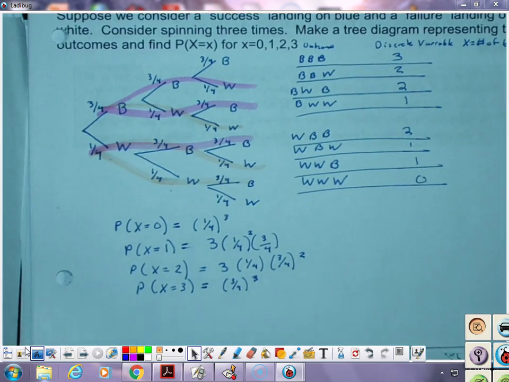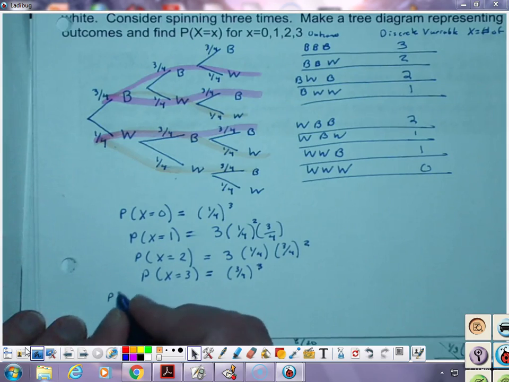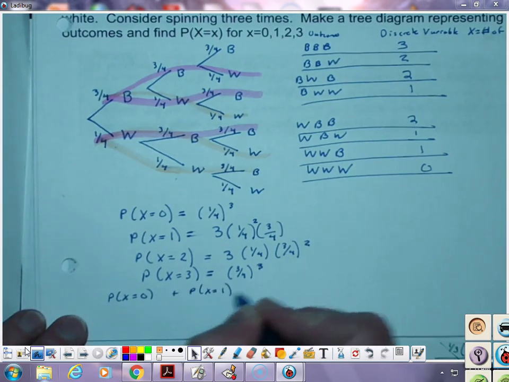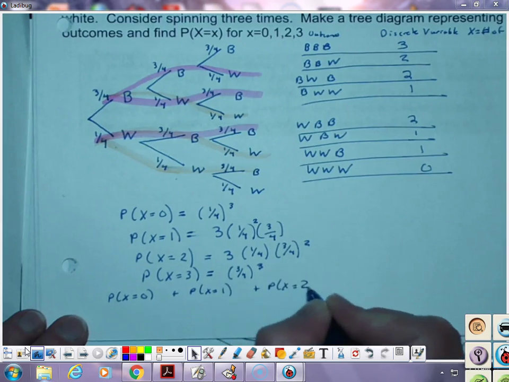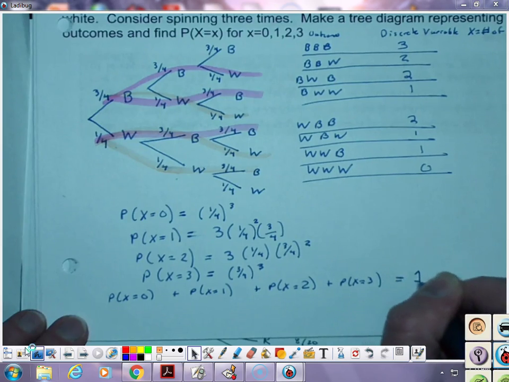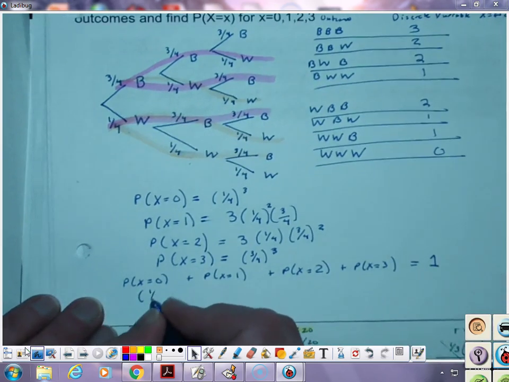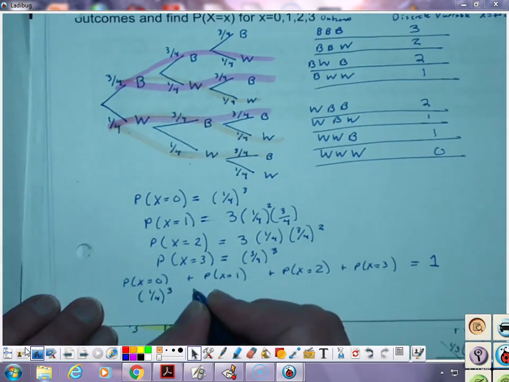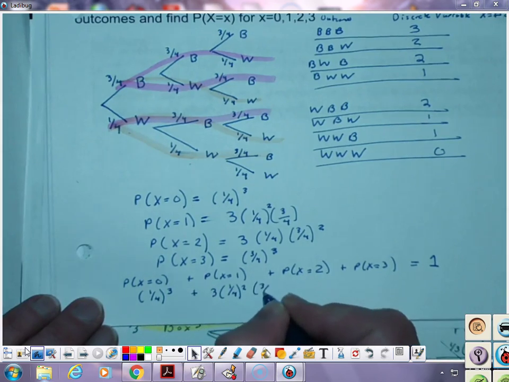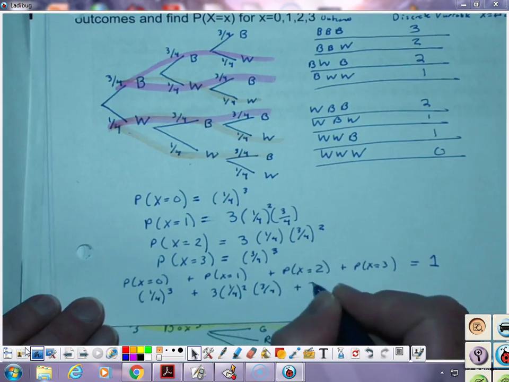So if I add up all these probabilities, what should I get? 1. Yes. So I'm going to write this out. The probability that it's 0 plus the probability that it's 1 plus the probability that you have 2 blues plus the probability you have 3 blues should add up to give you 1. And we'll look at the pattern that we have. 1/4 cubed plus 3 times 1/4 squared times 3/4 plus